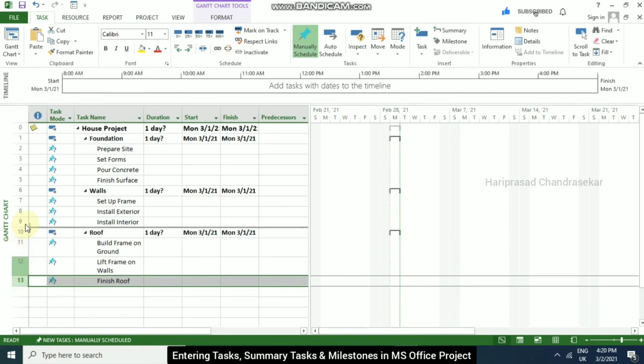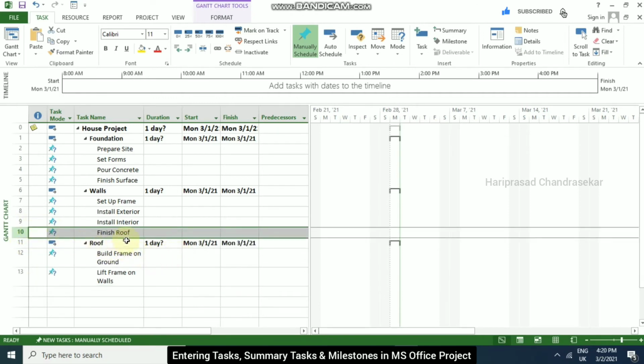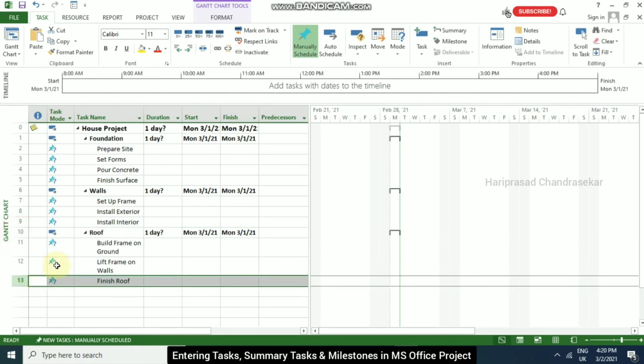If you want to move them, you can move them like this, and then it will automatically go to that particular summary. Again, I'm just going to move it back. In this kind of way we can put a project summary, or we can update our deliverables. So now we have tasks and also some summaries.